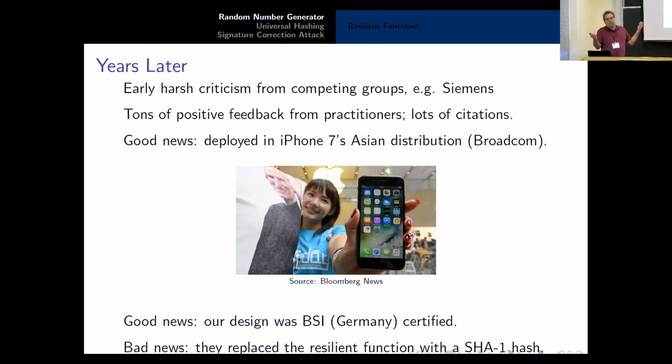That was a happy moment. We didn't make any money, but somebody was actually using our design. They had our design certified by BSI, which is a pretty rigorous way of getting certification for hardware in Germany. Bad news is they threw out the resilient function and replaced it with